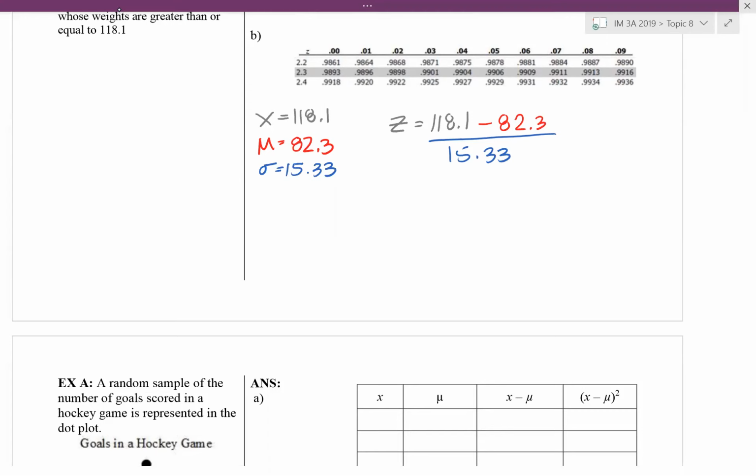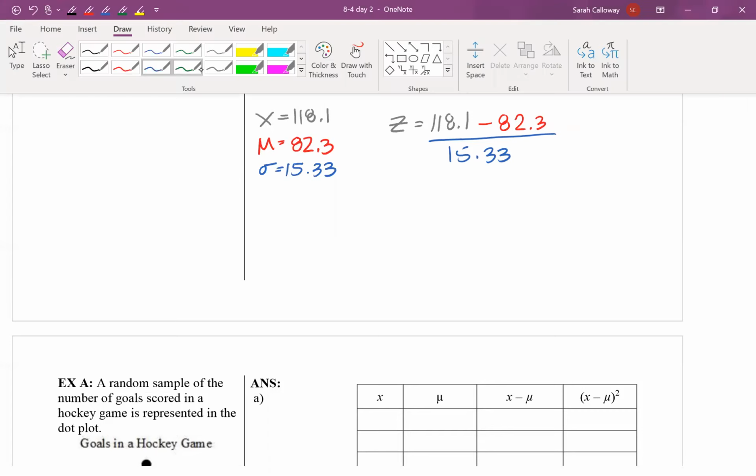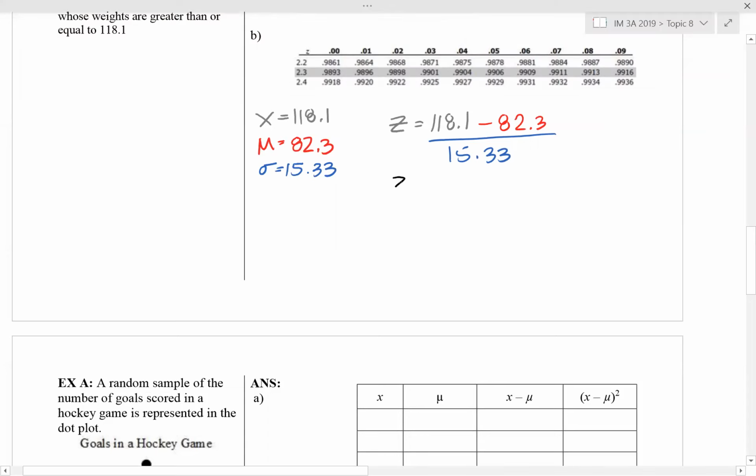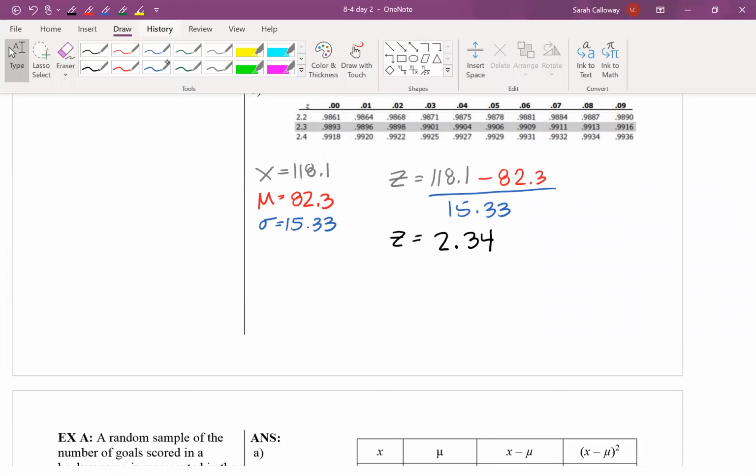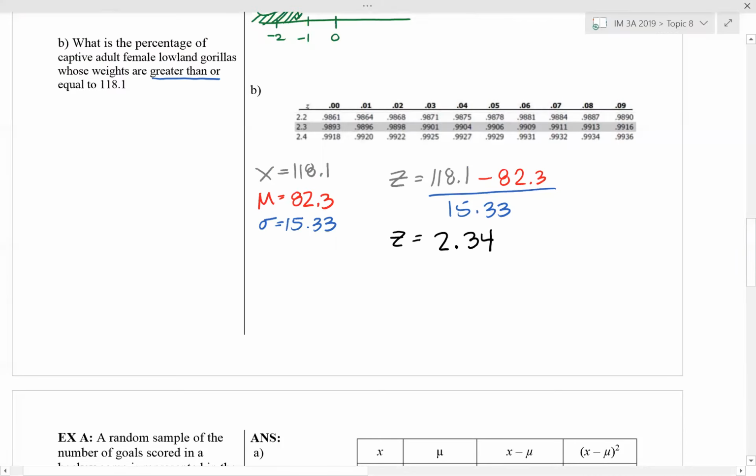And so that's going to give me a z-score of about 2.34. So remember that if this is asking me for whose weights are greater than or equal to, I'm thinking